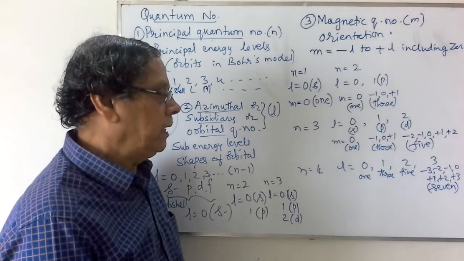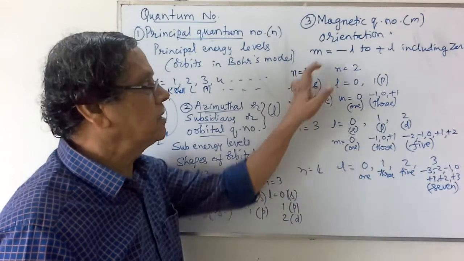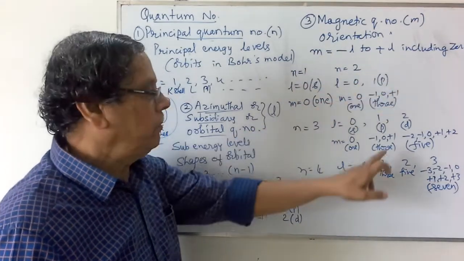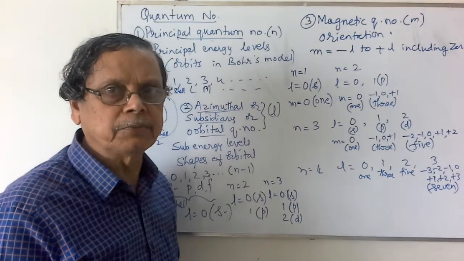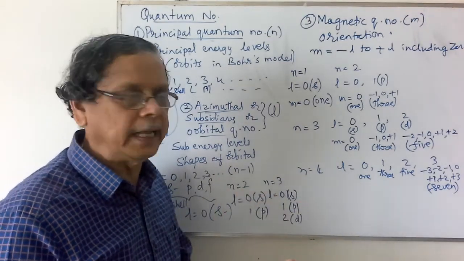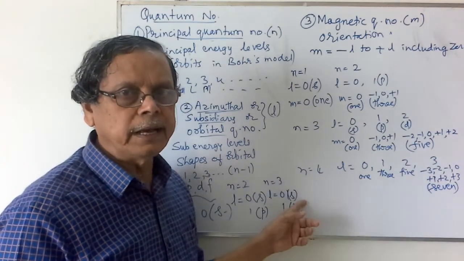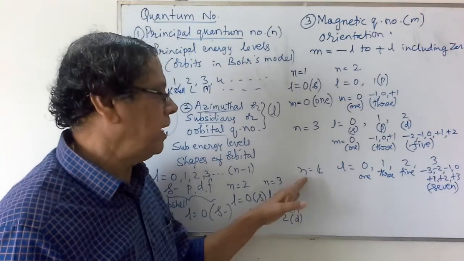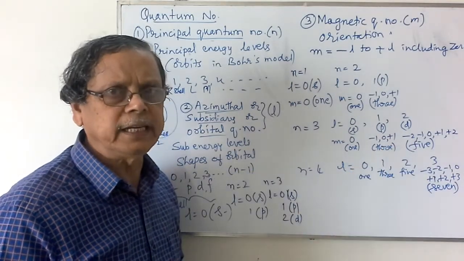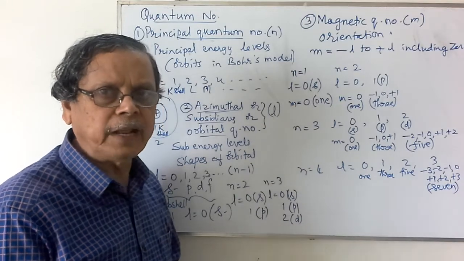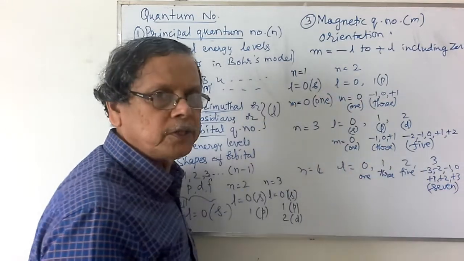So we can calculate the number of orientations of each of the subshells in presence of the magnetic field. When we consider the magnetic field, each of our subshells will split into various subshells, or will orient in different directions. How many orientations are possible we can calculate by using these M values. Similarly, for N is equal to 5, we can calculate L is equal to up to 4. But that is not needed as far as the present number of elements are concerned. So we can have this number of orientations possible.